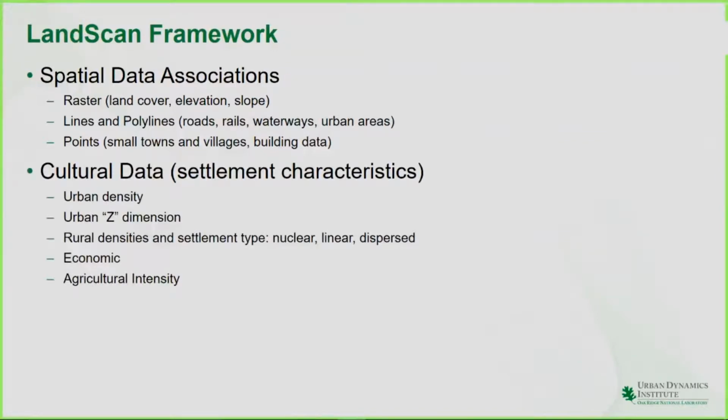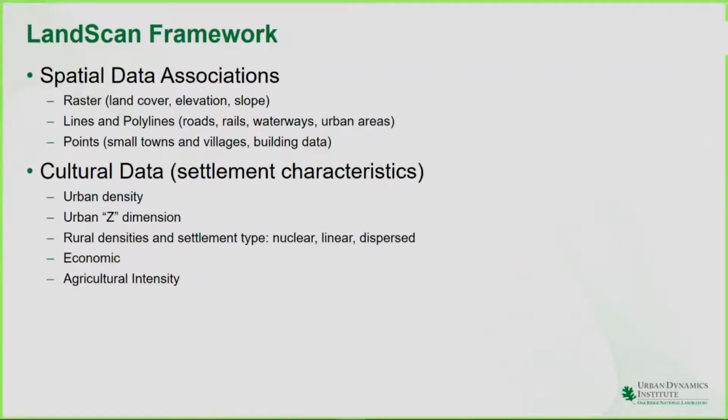Cultural data. So what are the characteristics of those settlements? Even though we might understand the built environment and how that might indicate a higher likelihood of population, it still doesn't give us the differentiation between densities of population. And so we incorporate cultural data like urban densities, so how compact the buildings are, and urban Z dimension, so obviously if you have tall buildings, you're probably going to have more people there. Rural densities and settlement types, so understanding the differences between nuclear, linear, and dispersed settlements, and then incorporating economic factors and